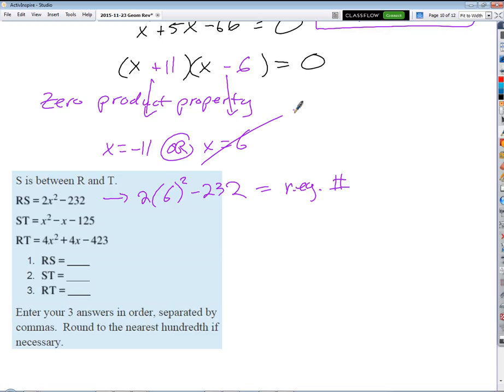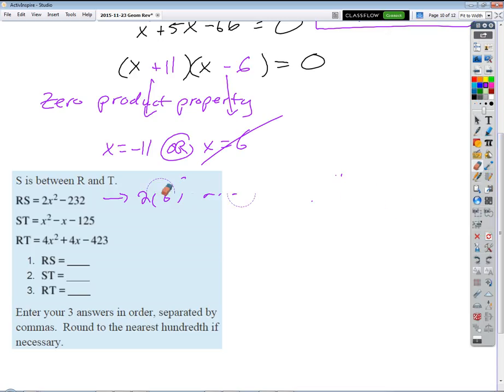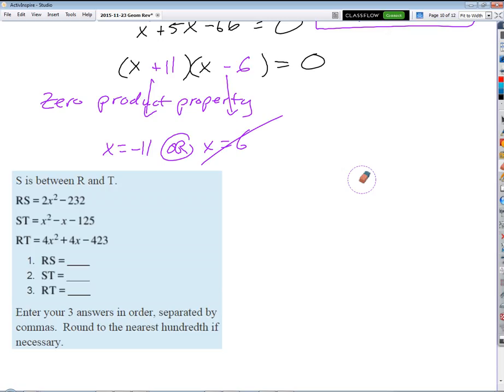That's not the value of x that we're going to use. So instead, I've got to go back and use,